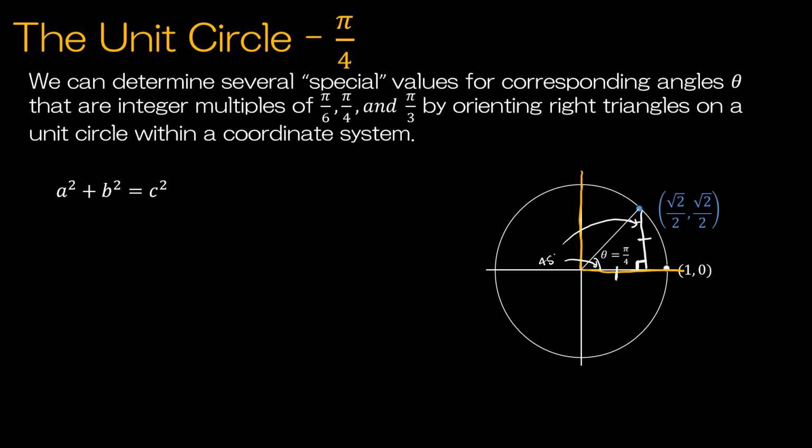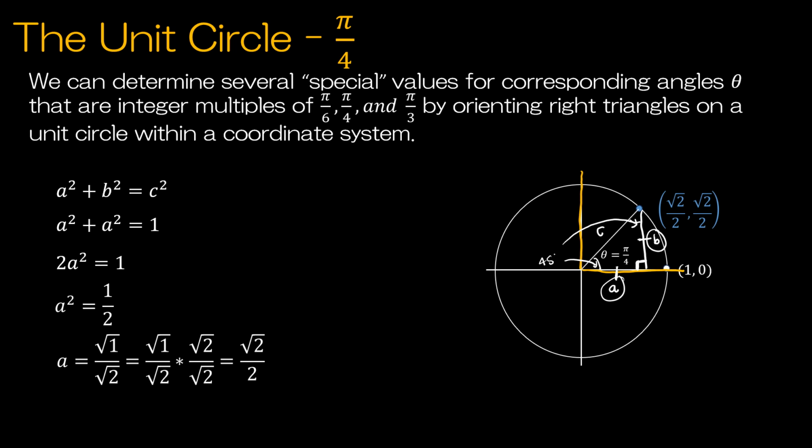Well, if we start with a squared plus b squared equals c squared, let's call this a, let's call this b, let's call this c. Obviously it's leg squared plus leg squared equals hypotenuse squared. So c has to be the hypotenuse. Because these two things are equal, I can simply replace b squared with a squared because we know it's the same. Well, now I've got an equation with just one variable, which means it's a solvable equation. So now I have 2a squared, I'm going to divide by 2, I'm going to take the square root, and